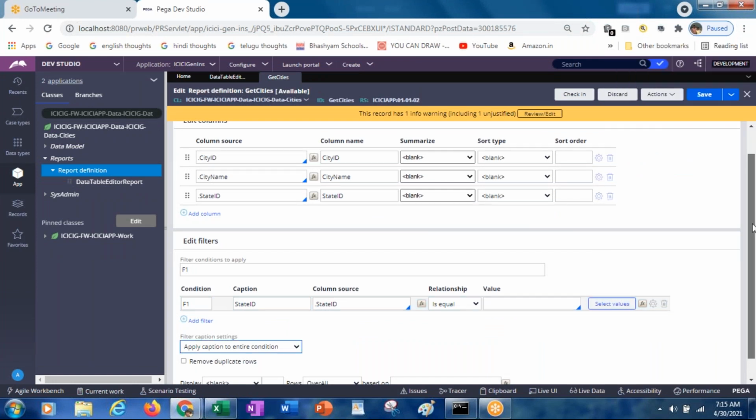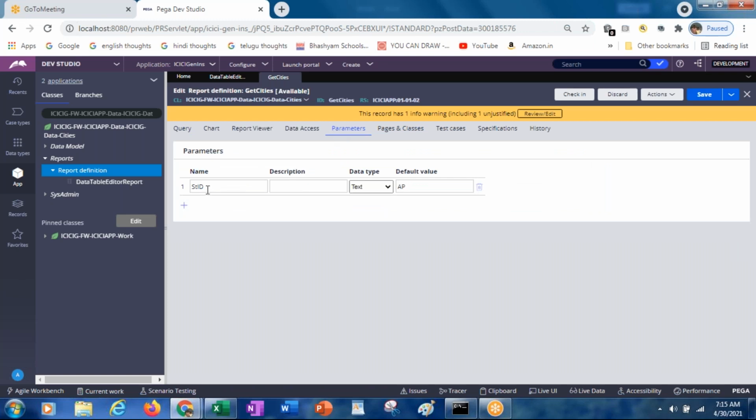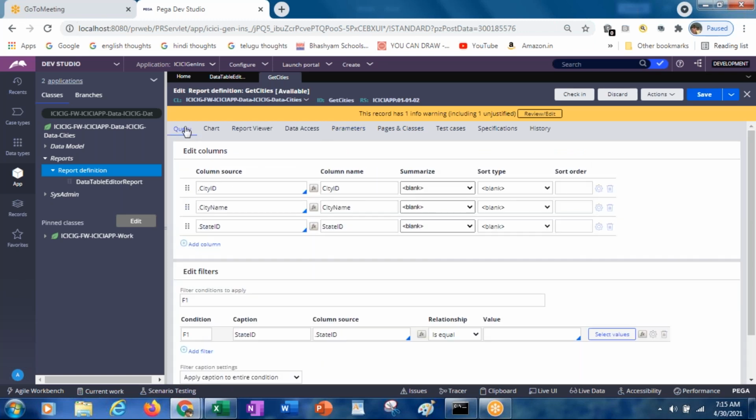Under the parameters tab, whatever you pass needs to be set to the state ID. So here, param.stateID. Now save it.